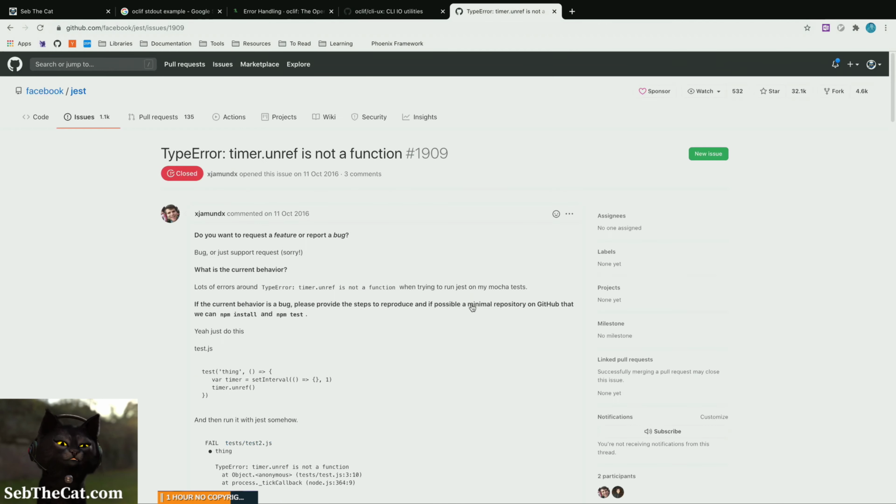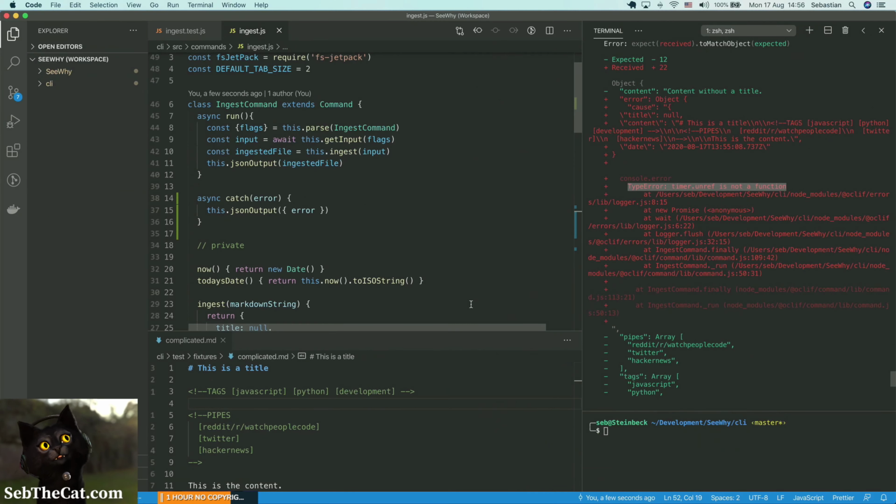Okay, so I think what we need is a better way to assert against standard out, because so many things are just yeah,